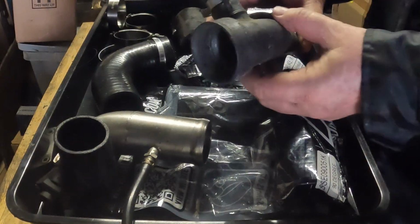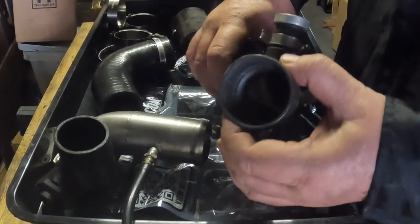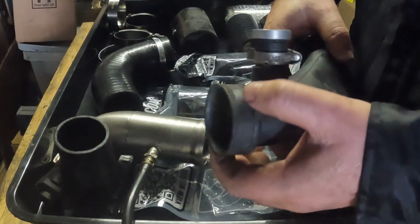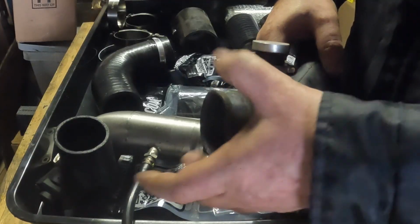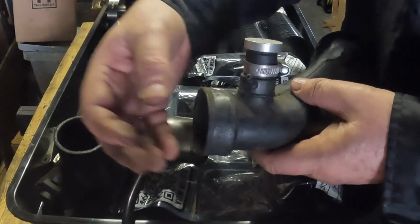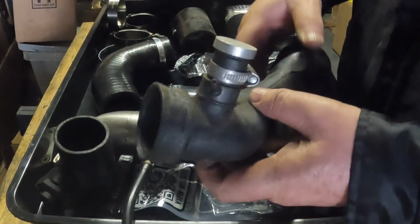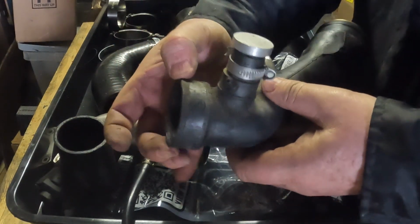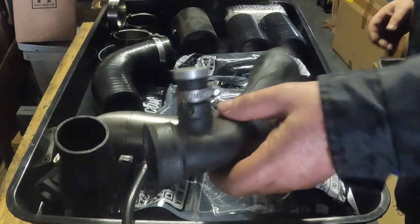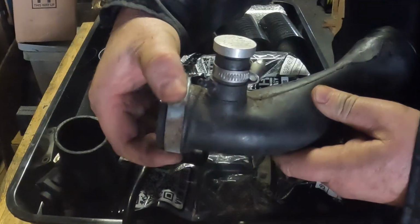This is the original intake tube that goes to the turbo, and this flange here is just hard plastic and it slips over the turbo inlet, and over time it vibrates, expands, and of course you get a lot of air escaping from here, or the turbo sucking in air, unmetered air, because it's already past the MAF, which is why one of the first things you should do to your ACV or AJT is fit a hose clamp over this and tighten it up